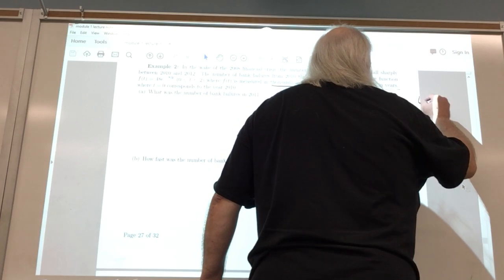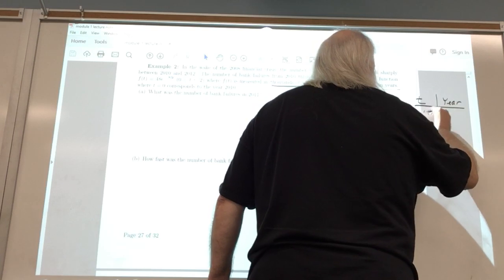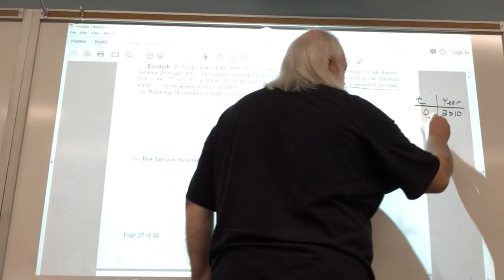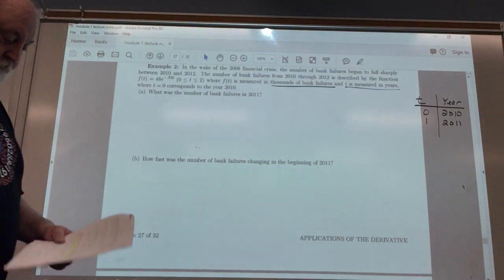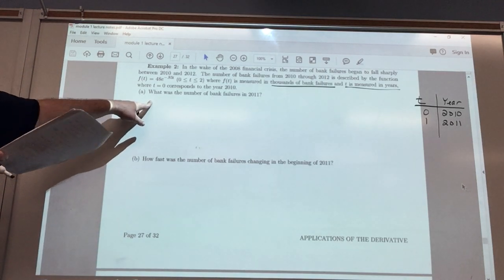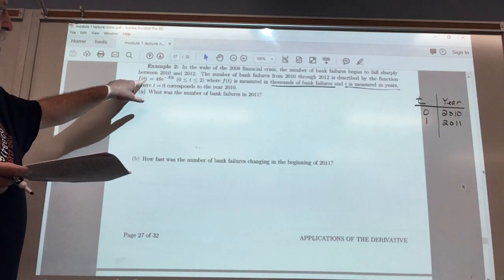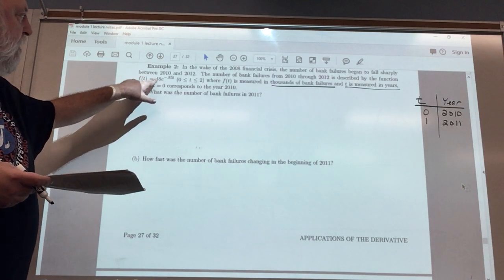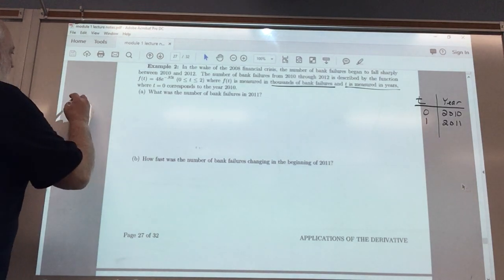Well, let me draw my little table over here again. If t equals 0 corresponds to the year 2010, then t equals 1 corresponds to the year 2011. So to find the number of bank failures in 2011, we just plug in 1 for t up here, because f of t tells us how many thousands of bank failures there were for each year t. So f of 1